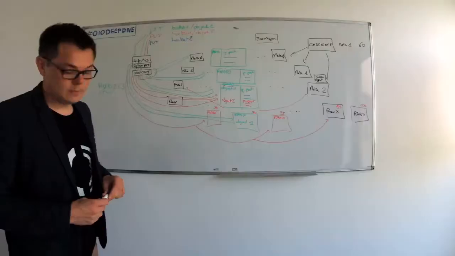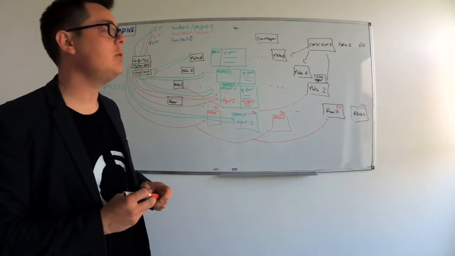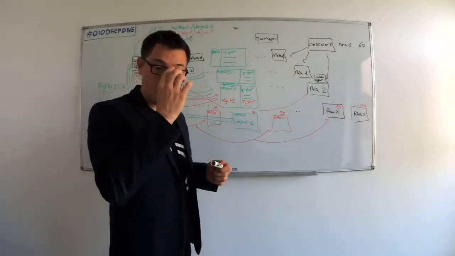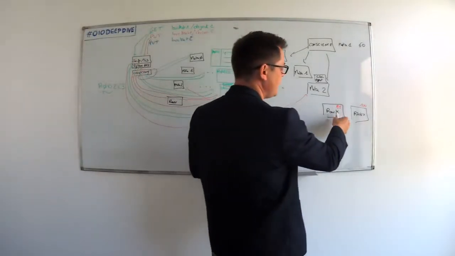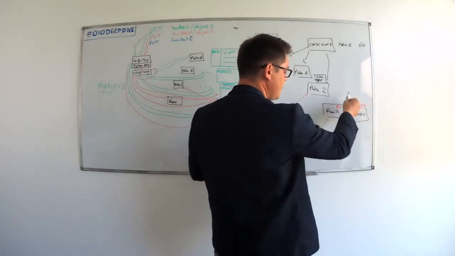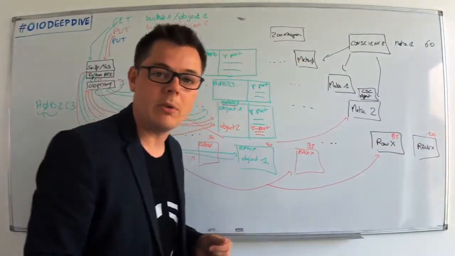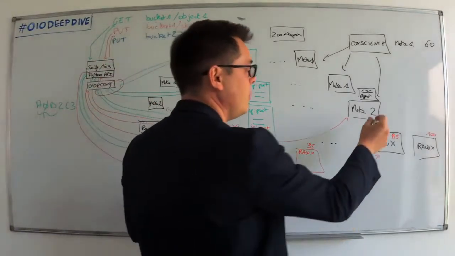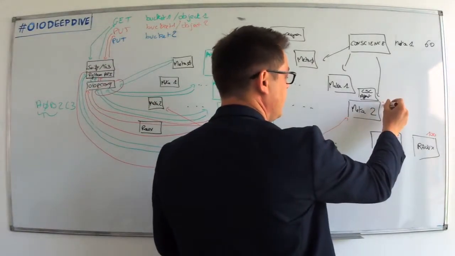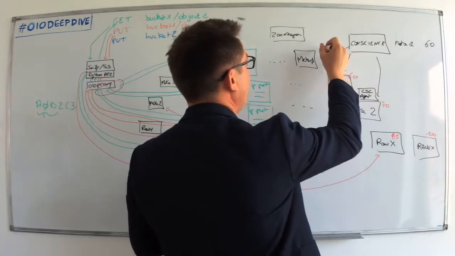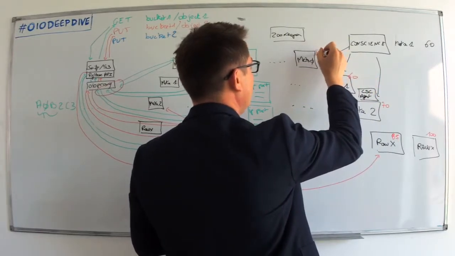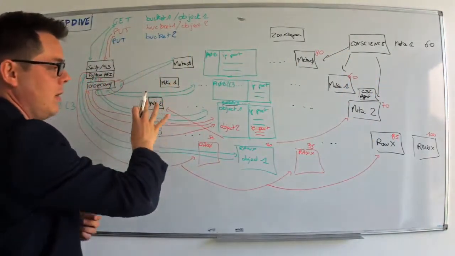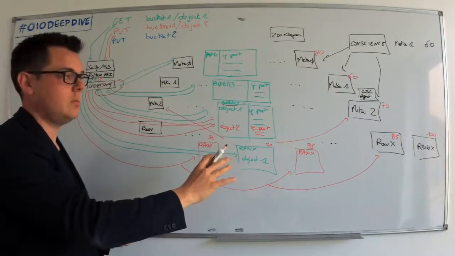Very good. To continue on the Conscience system, I said that every ROIC service in the platform has a score, but it's the same for all the services inside OpenIO. So the Meta 2 also has a score, let's say 70 for this one, 60 here, and let's say 80 here. So every service of the platform has a quality score.